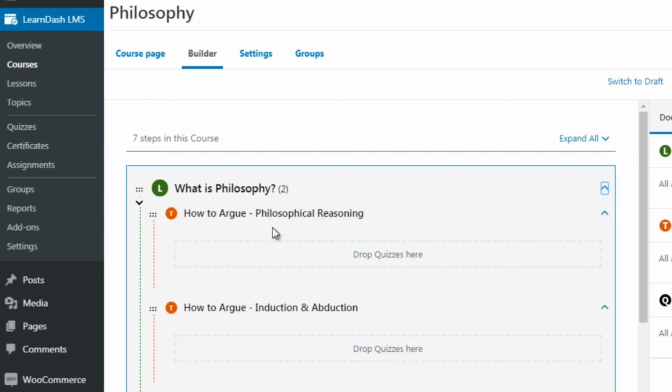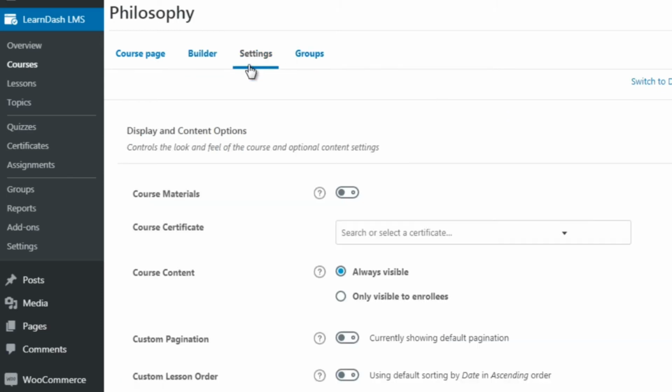And if you click the drop down here, you've got the topics here, and you can drop quizzes in between these videos if you want to do that. So you see why we mapped everything out in the past videos. This way we know exactly what steps to create once we get into LearnDash. So we got settings